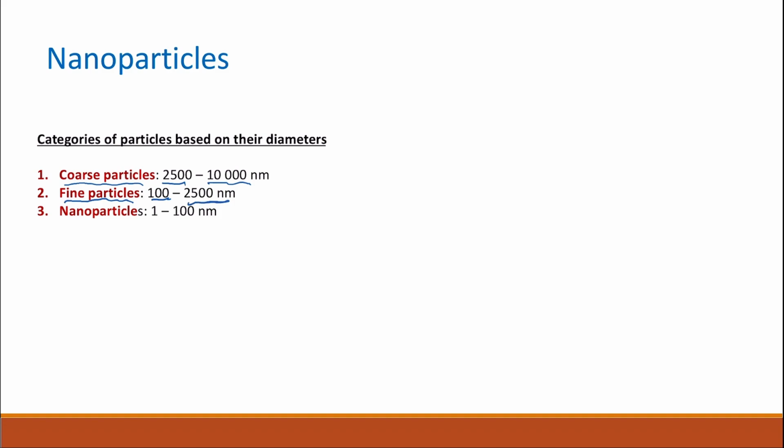The third class is the nanoparticles. Nanoparticles have a diameter between 1 and 100 nanometers. Nanoparticles are structures which are 1 to 100 nanometers in size, and they usually contain only a few hundred atoms, so a very small number of atoms you can find in a nanoparticle. This means that nanoparticles are around 100 times